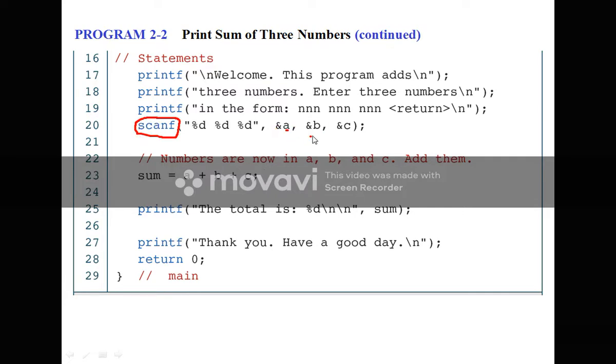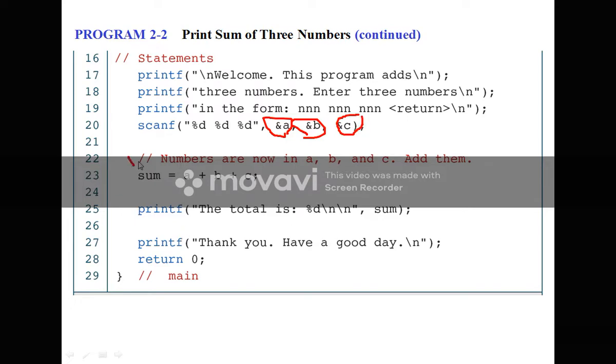These 3 are integer variables, that's why here we have used the format specifier %d. And why these three %d? Because we are scanning three variable values, and to scan that value here we have written ampersand. This is the and sign, that sign indicates ampersand. Ampersand A, ampersand B and ampersand C. By this we are storing the value entered by the user in these three variables A, B and C.